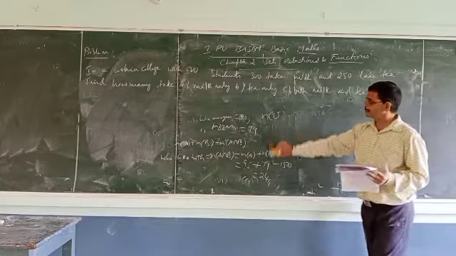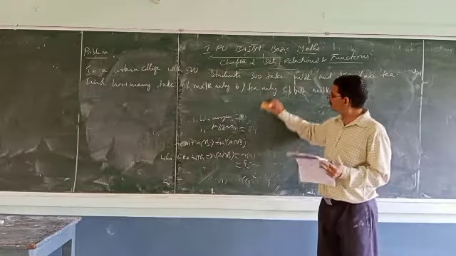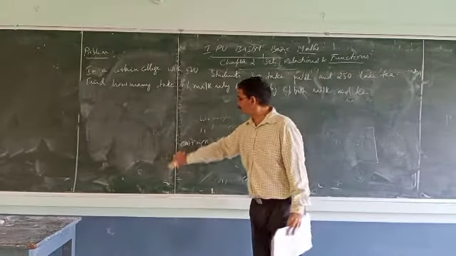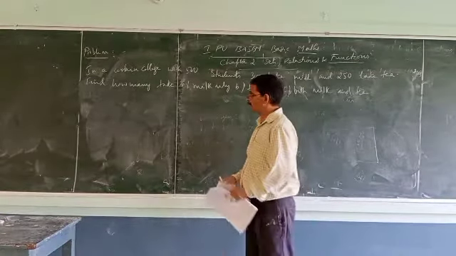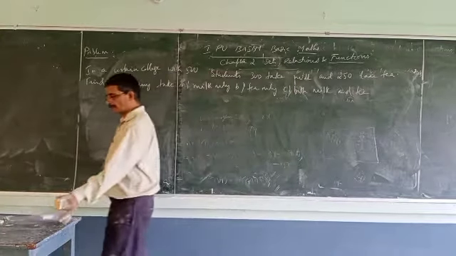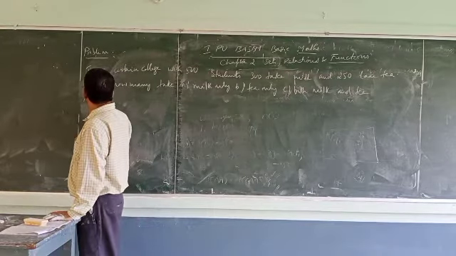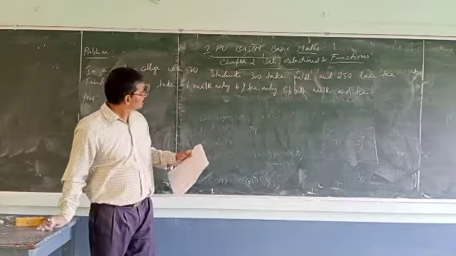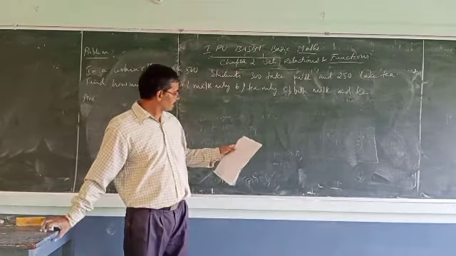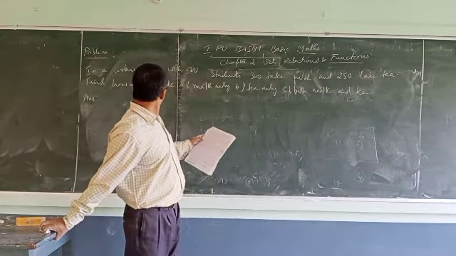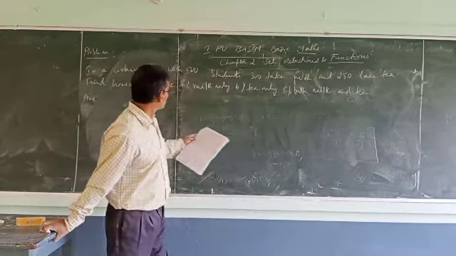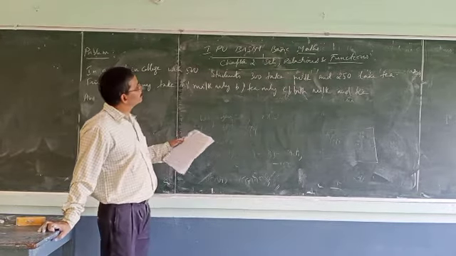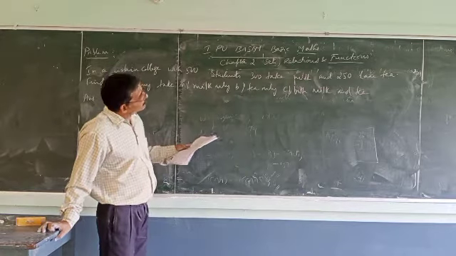Same way, so when we do a general formula N of A union B, that formula will apply. Simple one. So let us find out the answer. Let me read the question. In a certain college with 500 students, 300 take milk and 250 take tea. Find how many take milk only, tea only, both milk and tea.